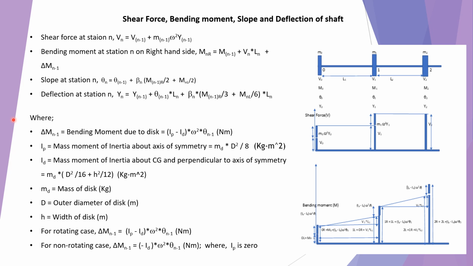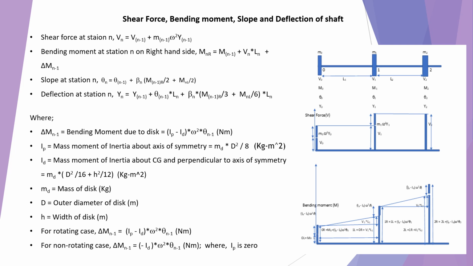Ip is the mass moment of inertia of disk about axis of symmetry, which is equal to Md into D square upon 8 kg meter square, and Id is the mass moment of inertia of disk about CG and perpendicular to the axis of symmetry, which is equal to Md into (D square by 16 plus h square by 12) kg meter square. Md is the mass of disk in kg, D is outer diameter of disk in meter,